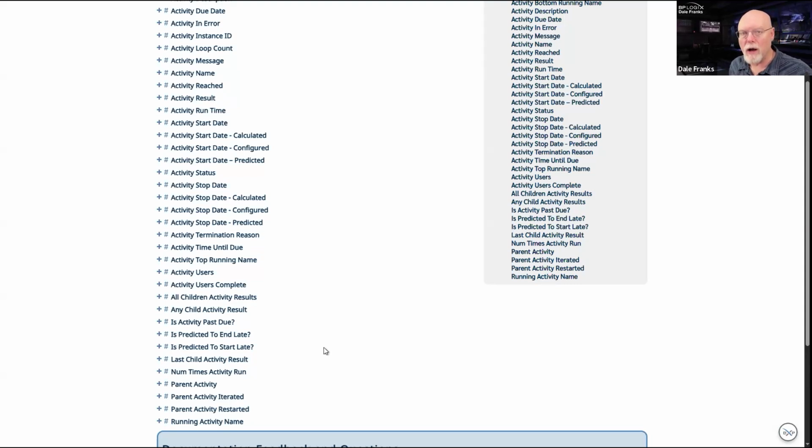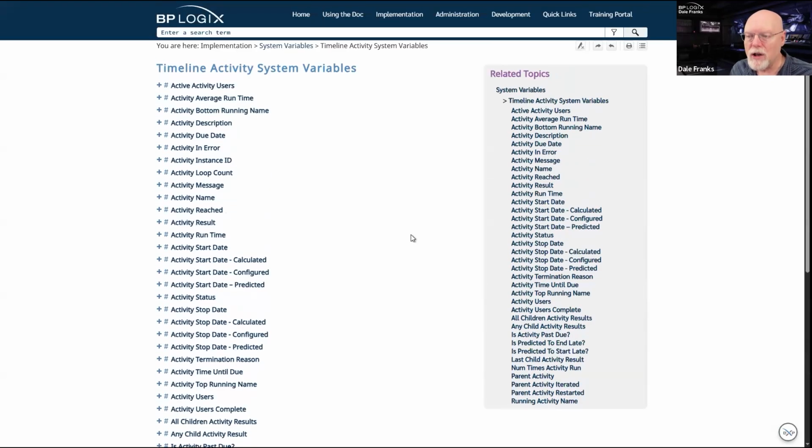You are returning all of the possible accessible information about that user that is stored in Process Director. So there are some generic user system variables, but there are also user system variables associated with timeline activities or workflow steps for any of you who happen to still use workflows. Email user, which is an email system variable that returns a user, and all of the user system variables can be manipulated in the same way.